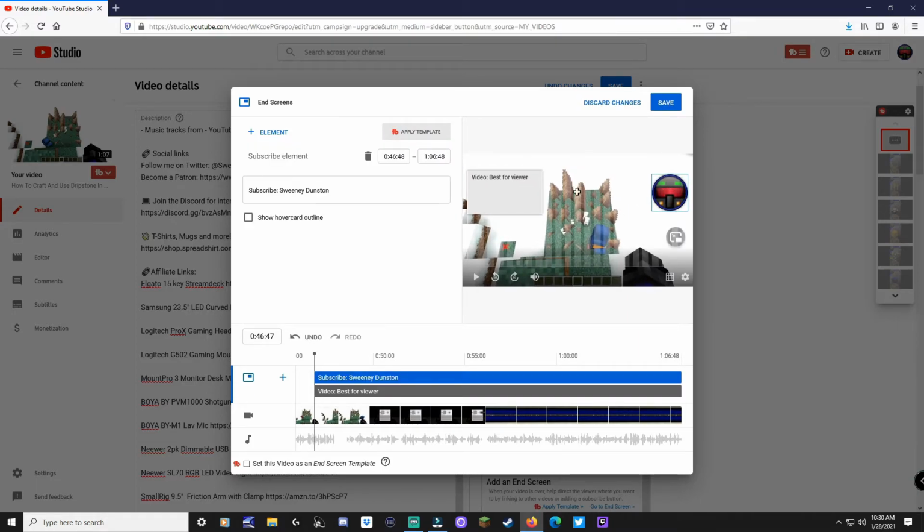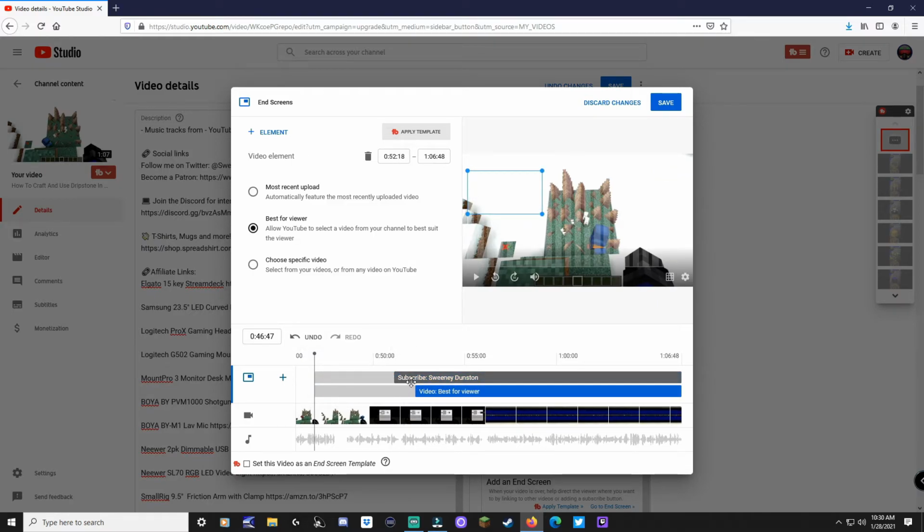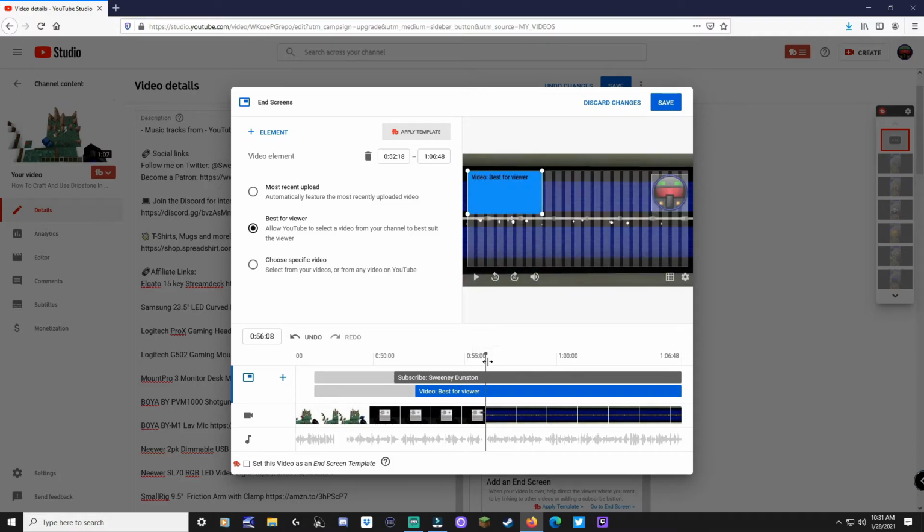Now we can rearrange this however we like, and we can also adjust the timing of which ones show up when and how long they stay on the screen. Now my actual end screen doesn't start until about right here. So we can move the time bar around just a bit and find exactly where we want things to go,